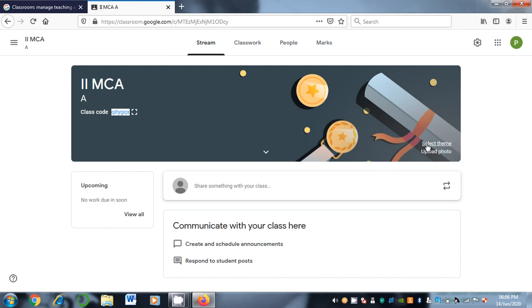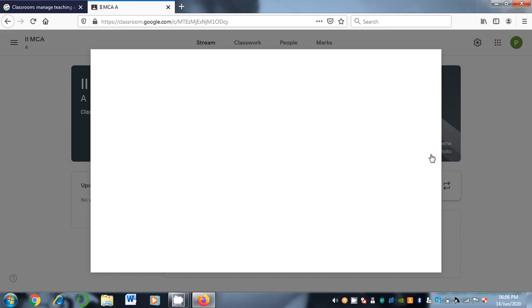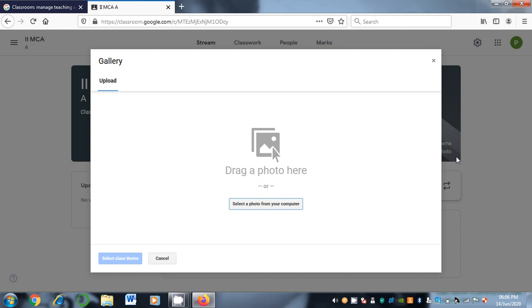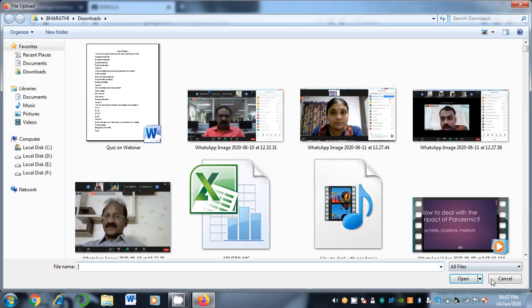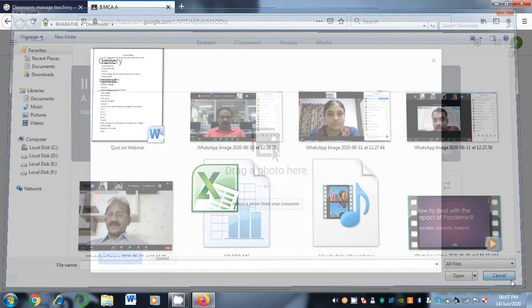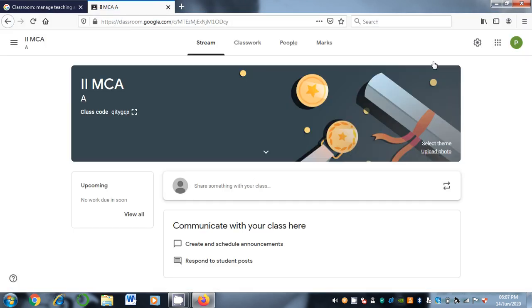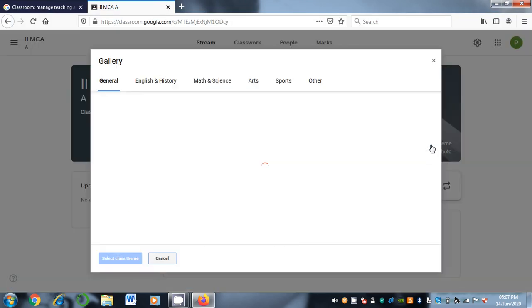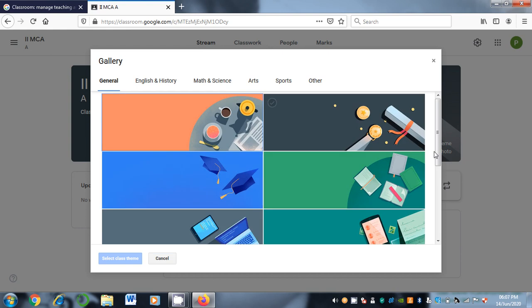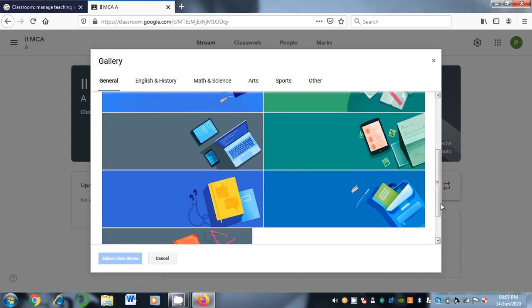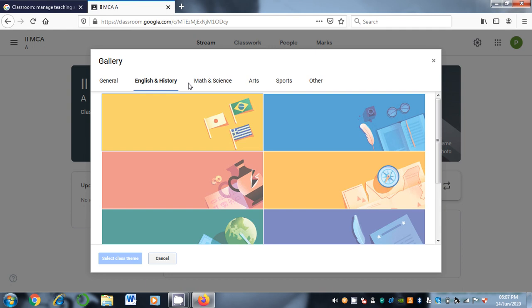You can also change the theme, and you can upload existing themes, or if you want to upload your own image, you can select it from your computer also. So I am using the existing themes, so select theme. Here you can see some of the themes. Select any one of the themes.